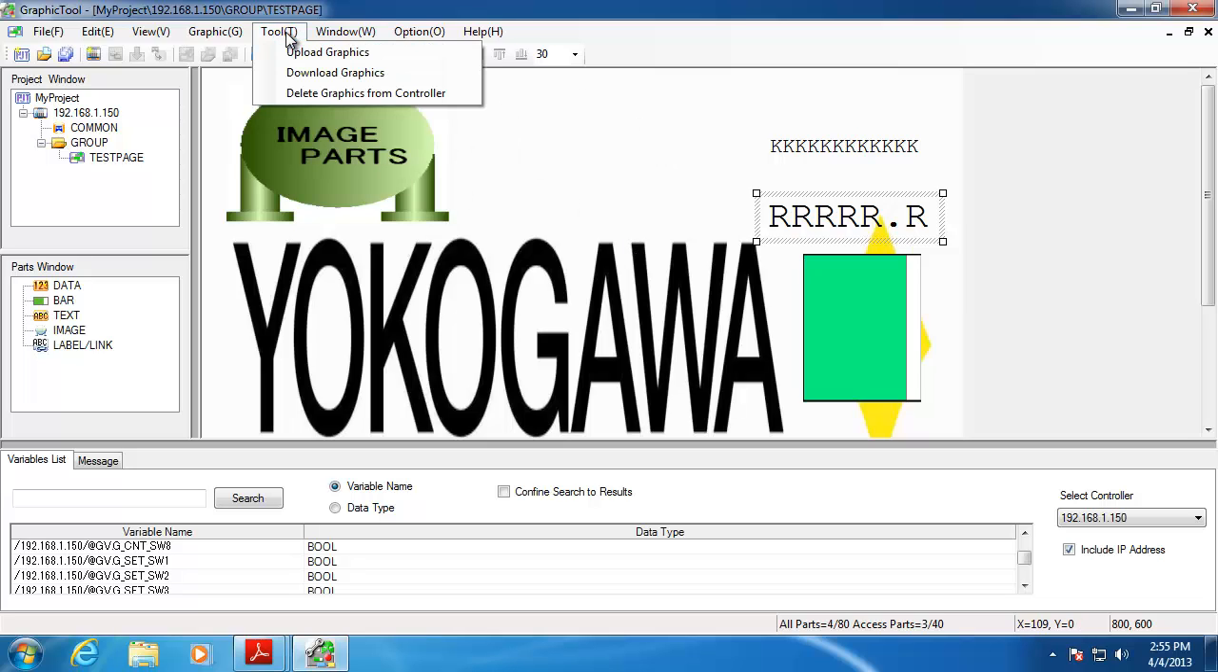The other thing you can do is if you had some graphics that were already on your RTU but not on your PC, you could go ahead and do upload graphics. That'll pull in the graphics from the unit. Or if you wanted to get rid of graphics from the controller, you could do a delete graphics from the controller. That pretty much covers the basics on the graphic tool, which is part of the graphics portfolio in the